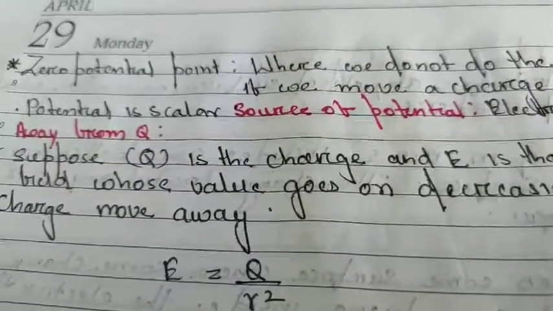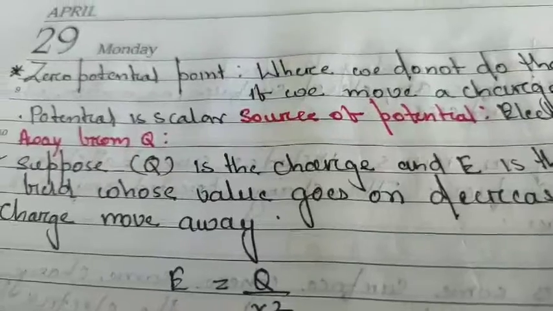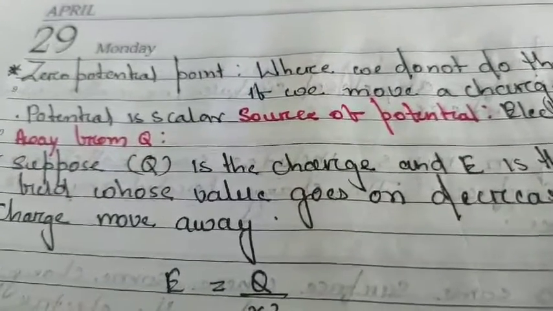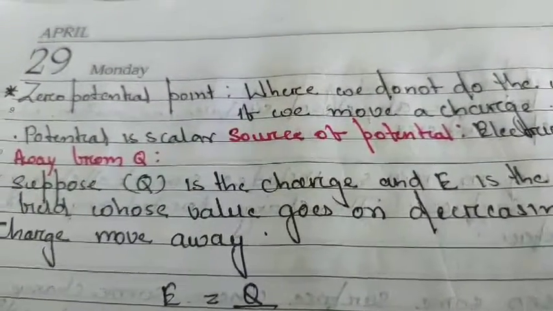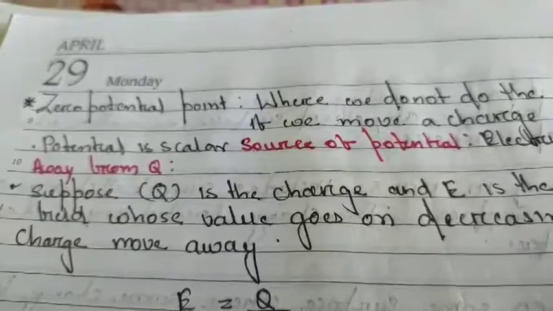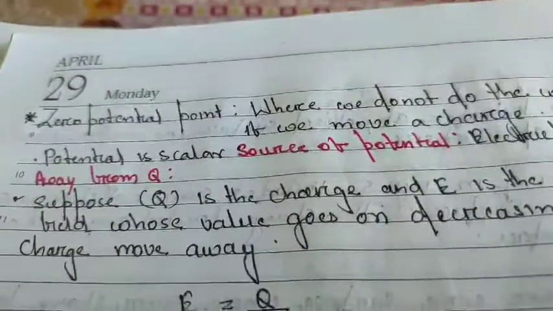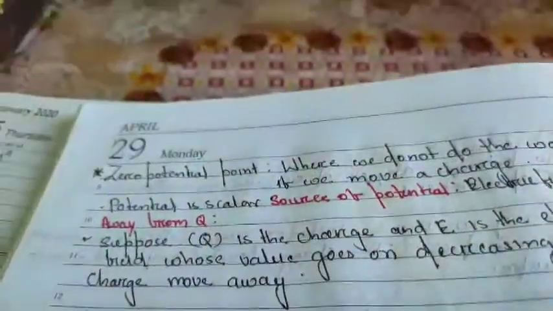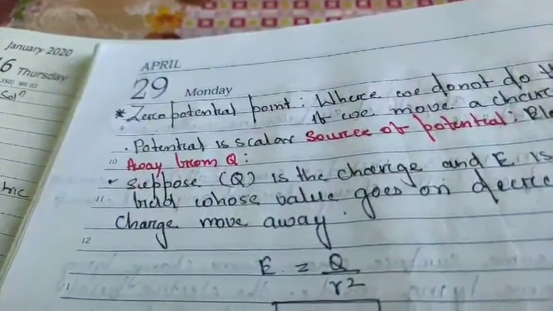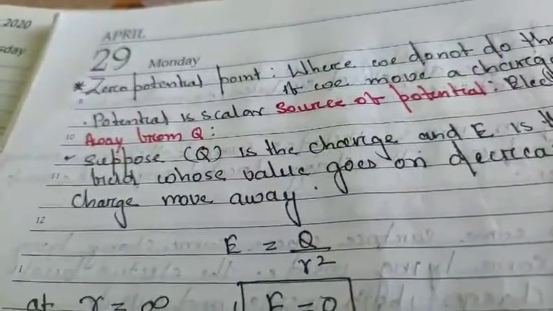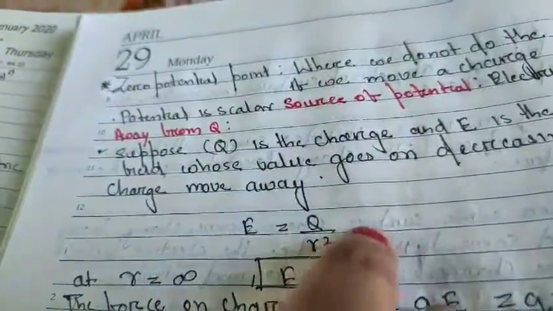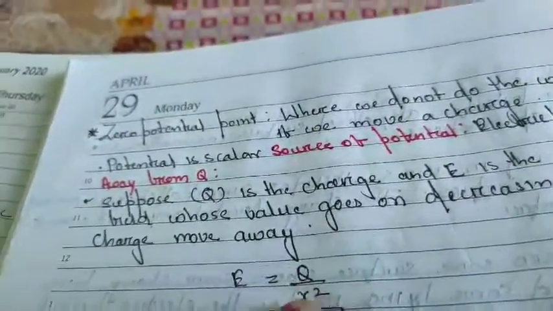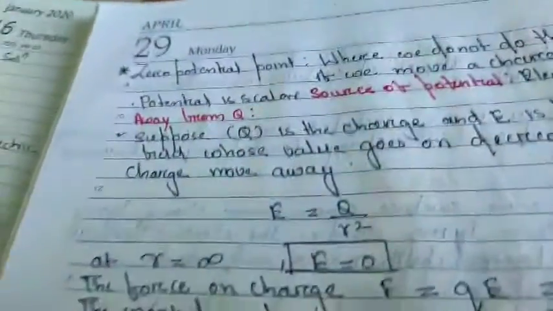Now I will tell you, just listen to the concept of potential, then you will think about other topics. Suppose a charge is at infinity, okay, and you are doing some work to bring a charge from infinity to a point. If you succeed in bringing a charge from infinity to a point, at that time we can say that you have done some work. But suppose here what I have written, you know electric field E equals 1 by 4 pi epsilon, you leave it, Q by R square, everyone knows.